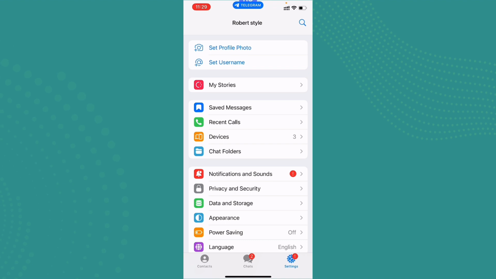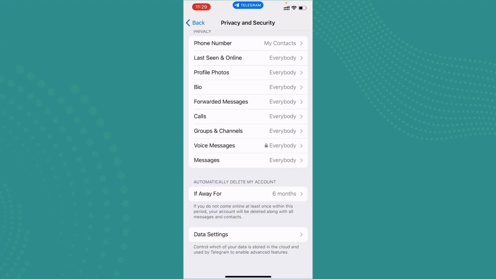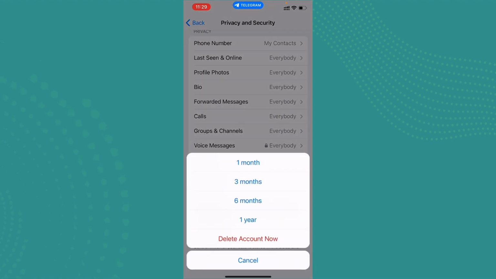Now if you scroll, you can see privacy and security here. Go ahead and tap on it. So here if you scroll down, you can see "If away for 6 months, automatically delete my account." It means that if I don't use my Telegram account for 6 months, the Telegram account will automatically delete my